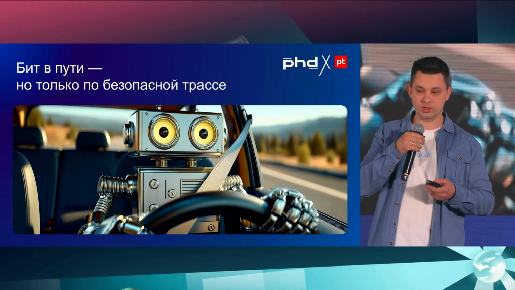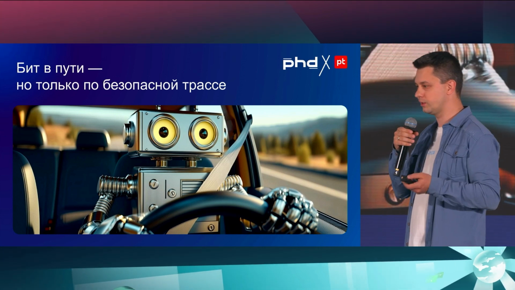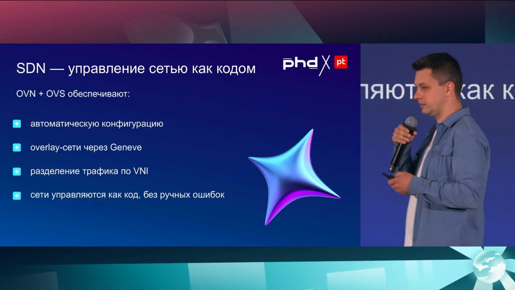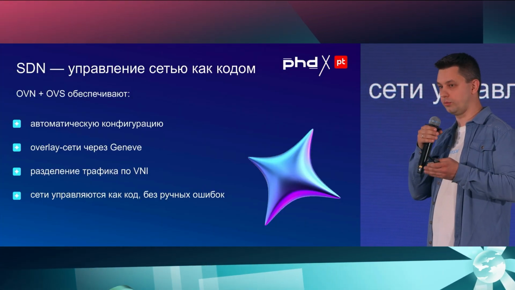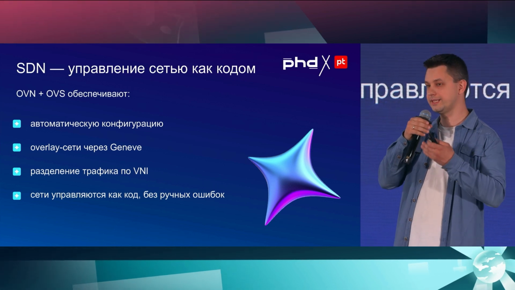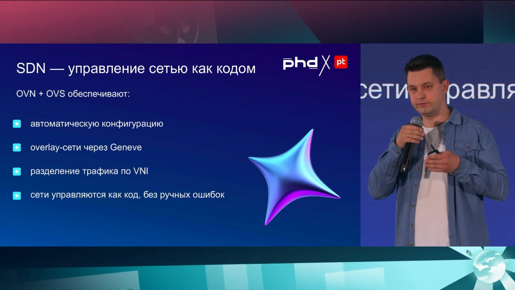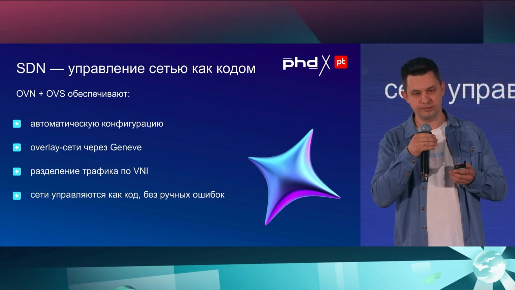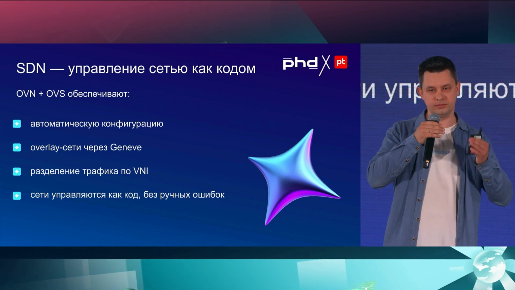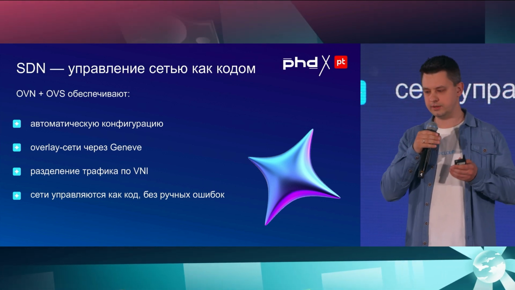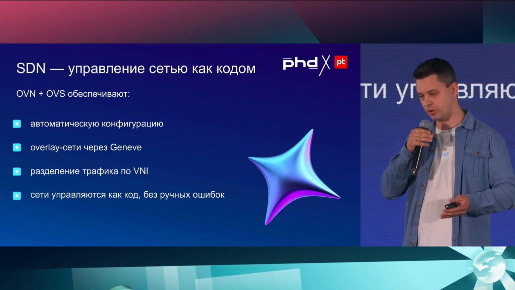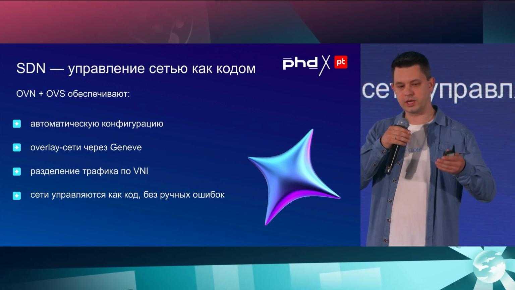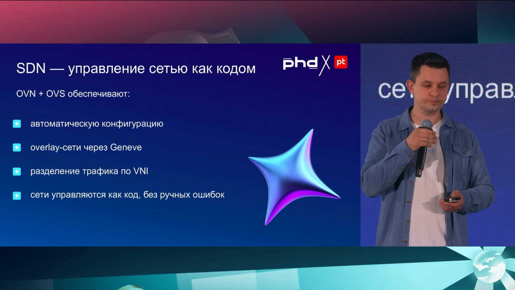Next, the bit robot is moving along the network, but as any self-respecting digital citizen, he wants his traffic to be confidential and immutable. So we use a very strong SDN tool based on Open vSwitch, OVS, and OVN. When we use SDN, we are not making physical links or doing manual setup of the hardware. SDN automatically applies all the right configurations on a hypervisor and connects the virtual machine to the network,